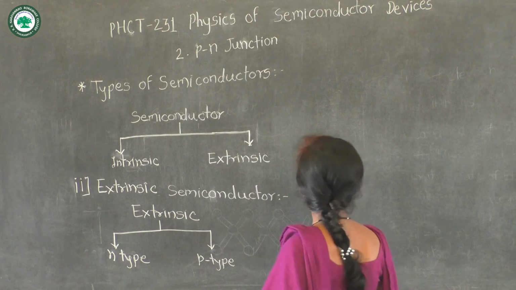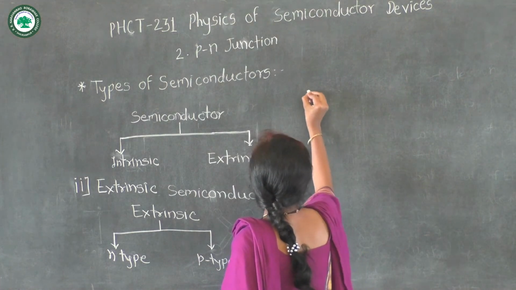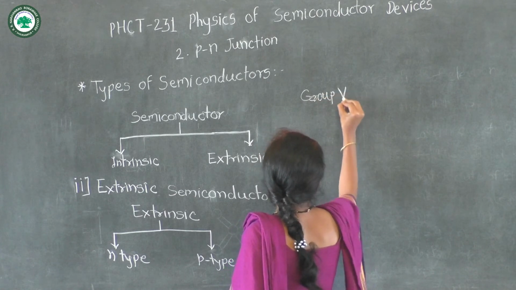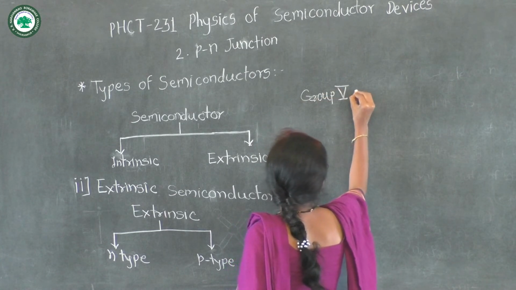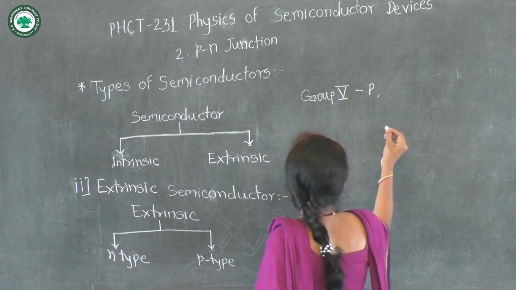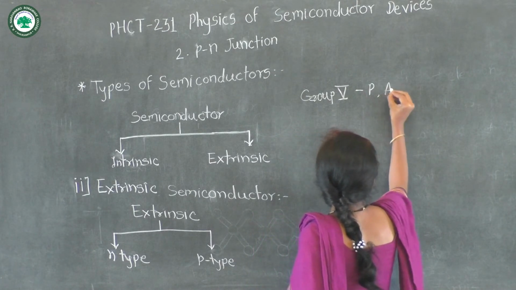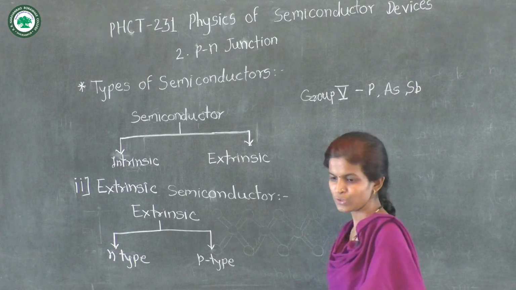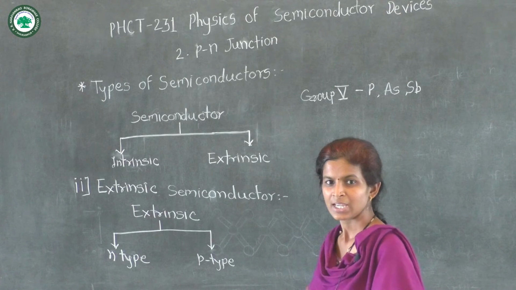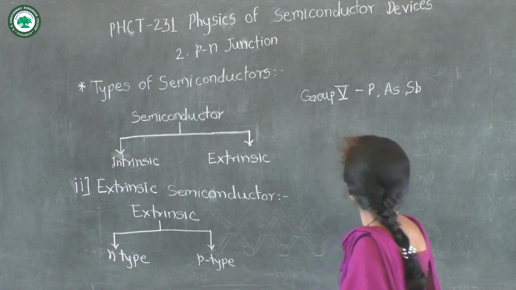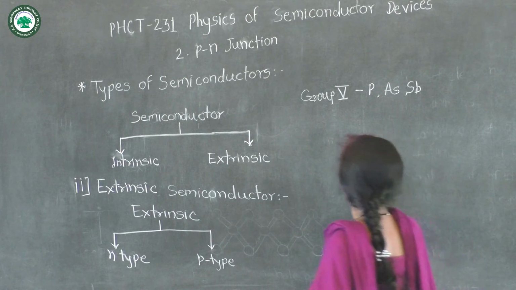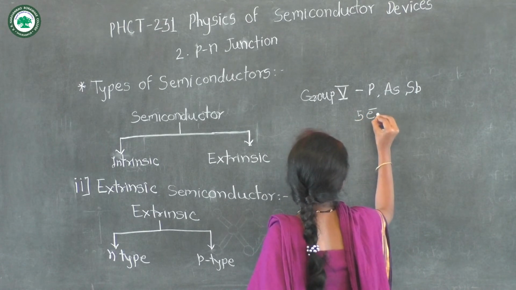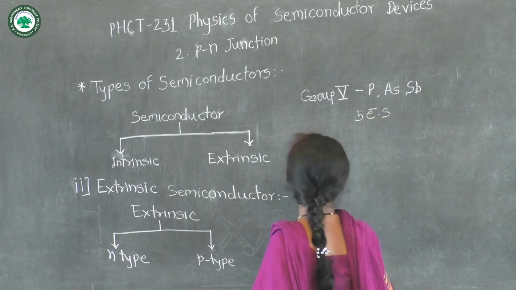So the group 5 impurities are phosphorus, arsenic and antimony. These are the group 5 impurities in which in the outermost shell there are 5 electrons, 5 electrons in the outermost orbit, and